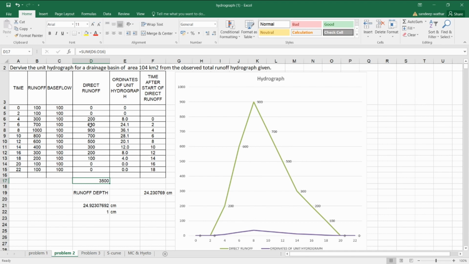So this is how I can calculate the volume of water between all the intervals, okay? So I'll take the sum of all these ordinates. The sum of all the ordinates multiplied by 60 into 60 into 2 gives you the volume of water, okay? So that is the volume of water that was flowing. So you calculate the volume.